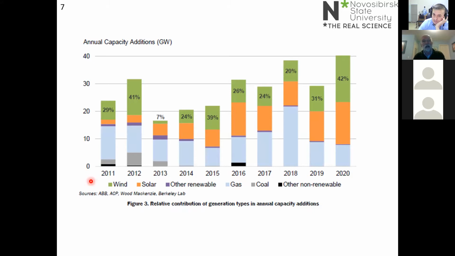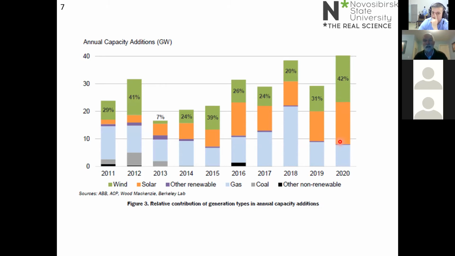So in 2011, 29% of the new electricity generation plants was wind, and the others, a little bit of solar in 2011, quite a bit of gas, more gas than there is wind. And if you look at the trend from 2011 to 2020, you'll see that wind has gone up somewhat, but solar has made a big increase in the